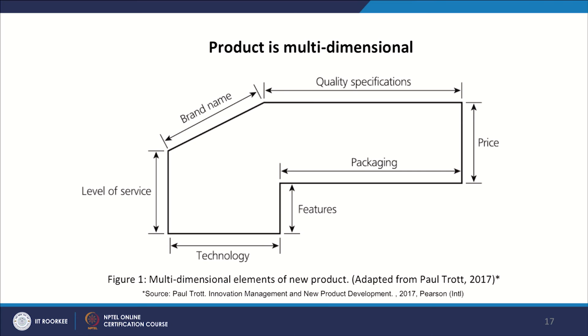Now, the last part in this session, that product is multi-dimensional, you see, and why we say that product is multi-dimensional. We talked about this aspect earlier, but with reference to terminologies and concepts which we discussed, but today we are looking at it with a composite view, and especially in terms of being referred to as something new. New product, and we are talking about how new product development should be pursued.